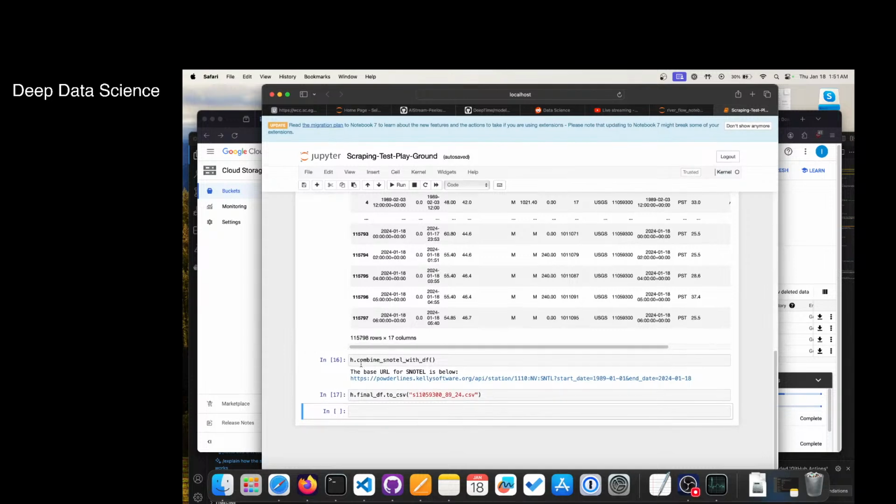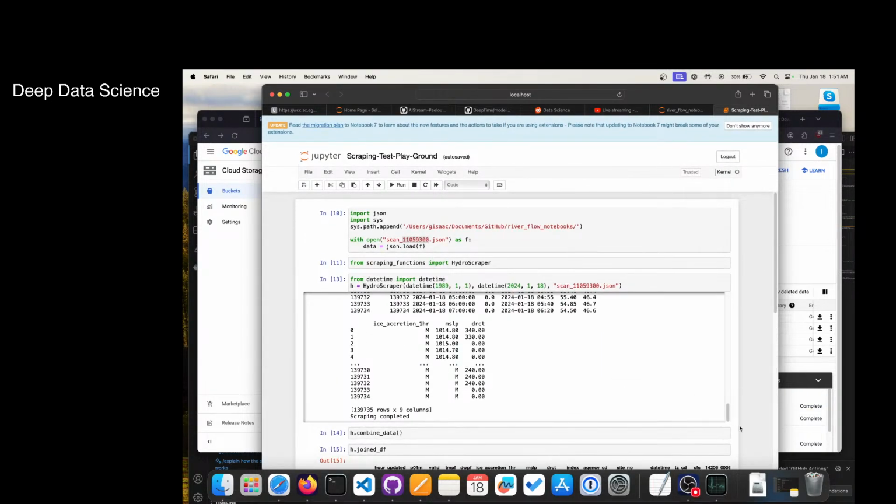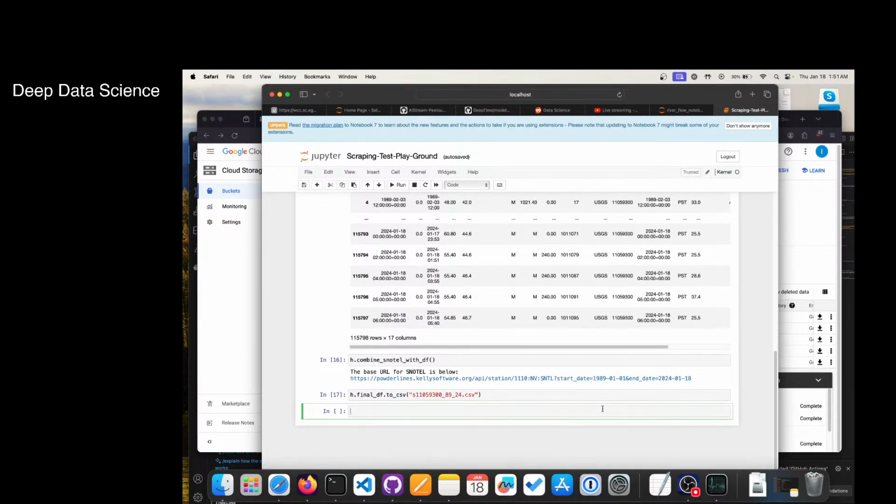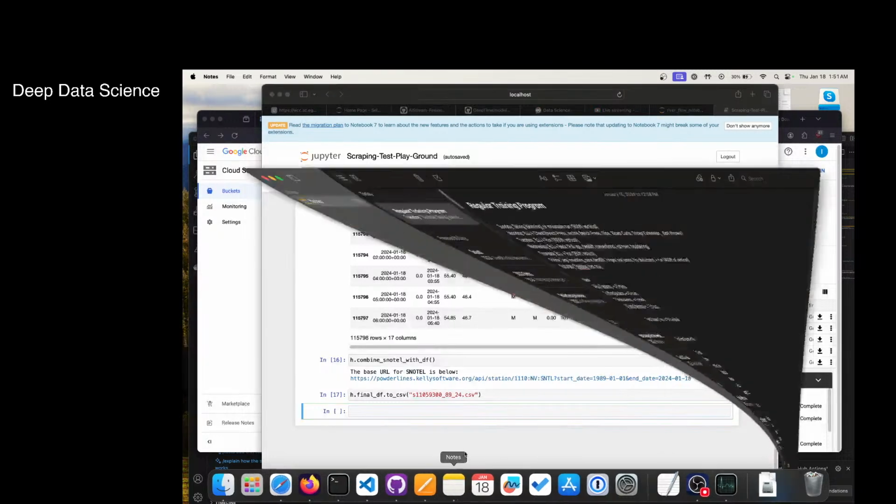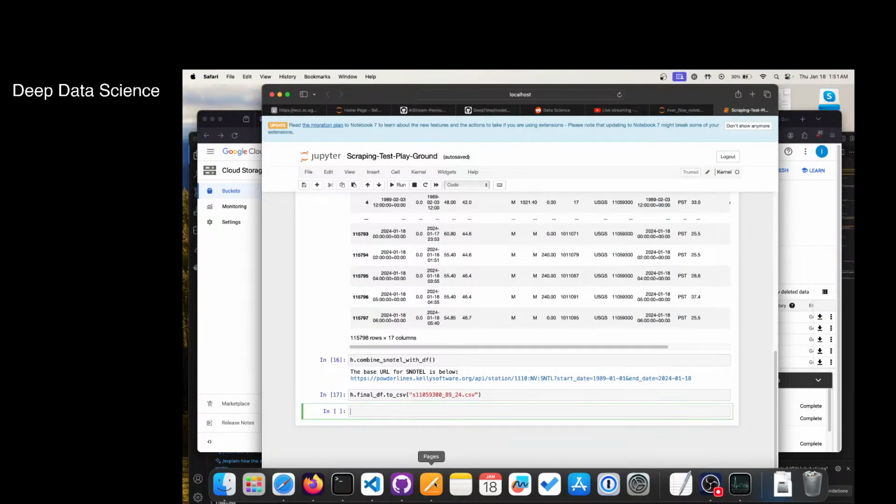Yeah, I don't know. It's probably not going to be able to load it, would be my guess, but I guess we can try though. Notes, pages. So, okay, we can try to load this from,